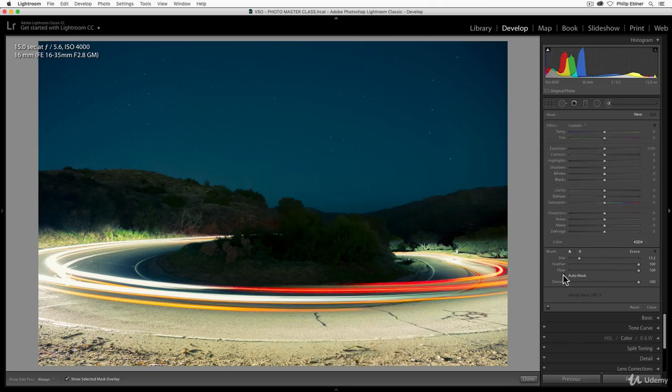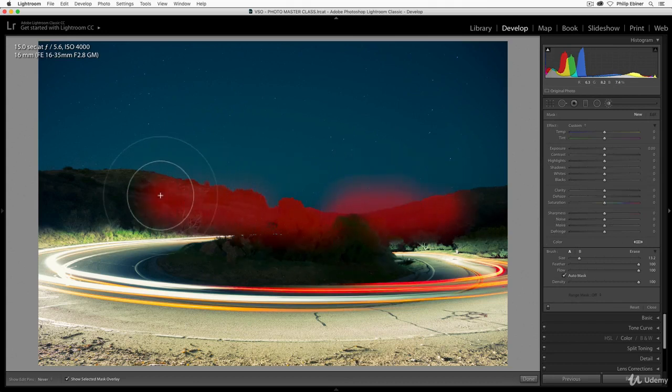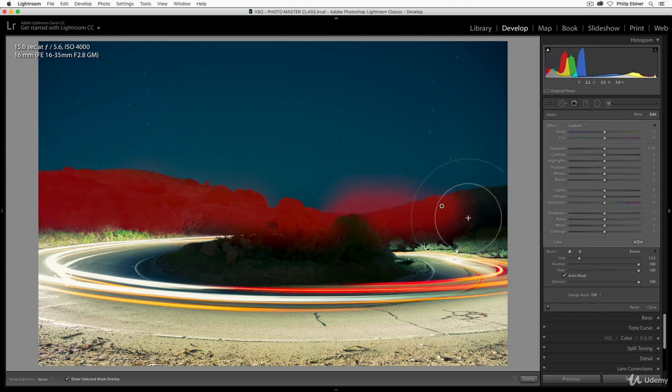Now if I click auto mask and brush over here, you can kind of see that it tries to select everything, the edges of things, except for the sky. So I'm painting over and it's just kind of selecting the hills because Lightroom's pretty smart and it's saying, okay, well, I know you might be trying to select just those hills. It did get this sky right here, and if you want to erase a part of a brush that you've brushed on, just click the erase button and then just kind of go up here and erase it.